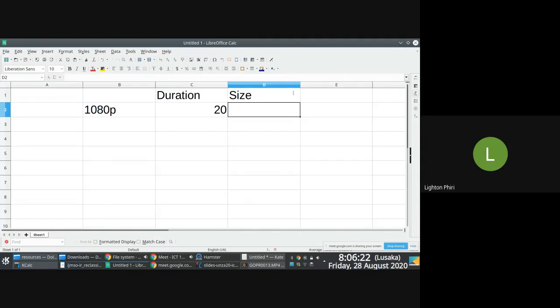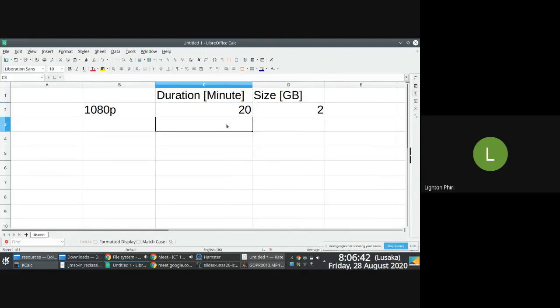Size is, let's say, 2 GB, right? What I'm trying to say is, your average user, if this was a movie and it was just one contiguous video, which is 1.5 hours in duration, you notice that 1.5 hours is going to be 90 minutes, right? 90 minutes. You will notice that